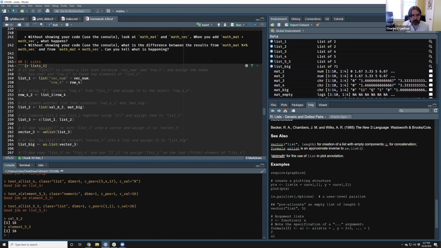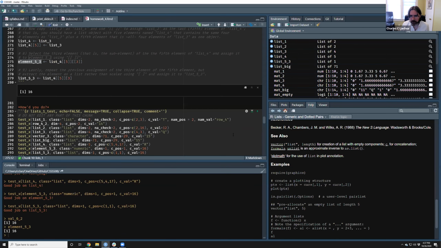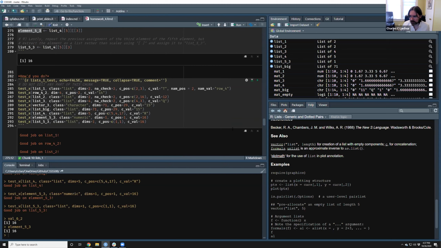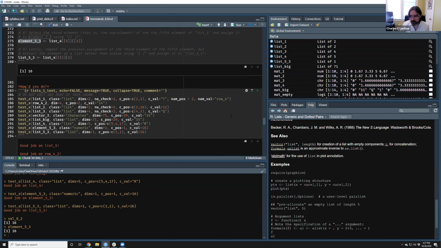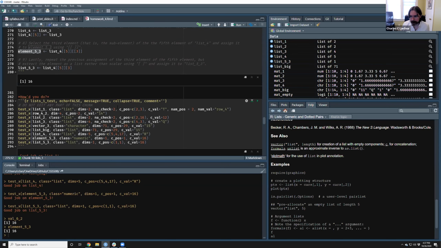Ah, okay. Rerun this chunk and then rerun the check. And is it still saying that? Making sure that you've got the double brackets here. And it's still doing it.